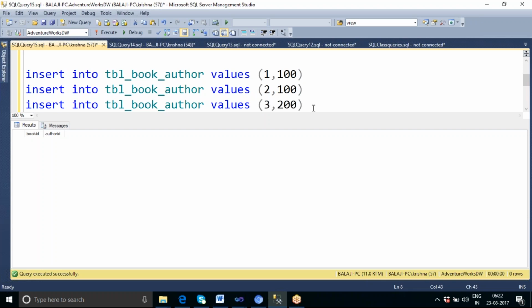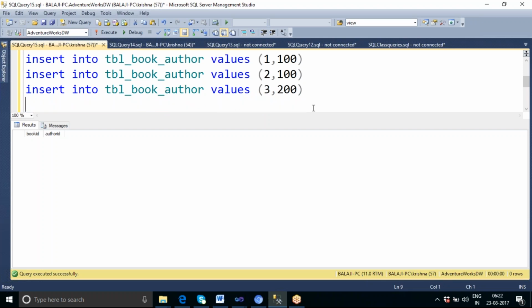Okay, and so book ID 3 is again written by, let us say, 300. Okay, so book ID 1 was written by multiple authors. Let us say 1 comma 2.